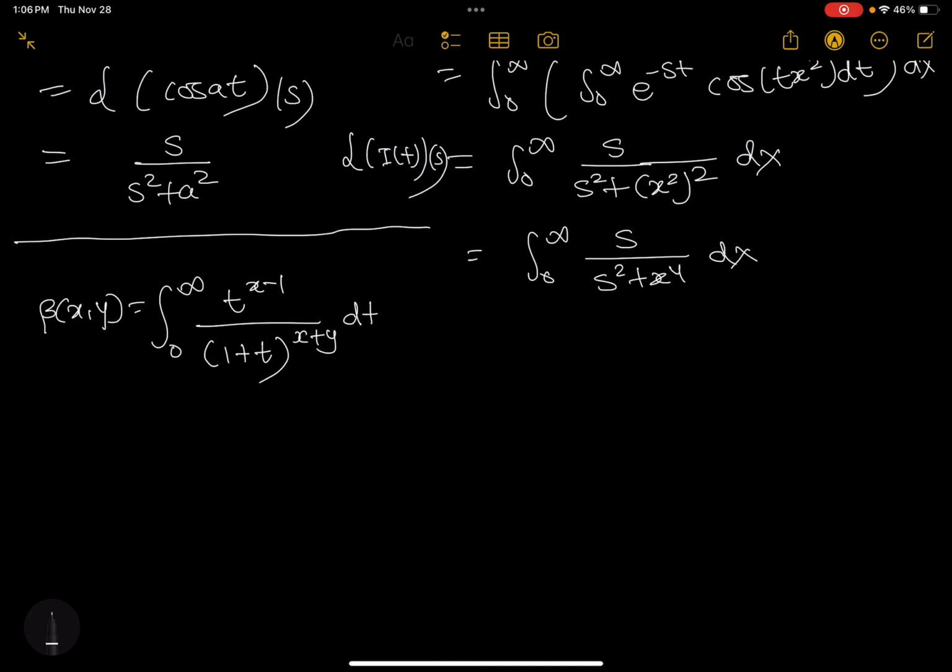You can use this definition of the beta function to solve this. So I just need to make this as 1 and this as just a t, and this will be solved. Also let me tell you that beta of x, y is defined as gamma x gamma y by gamma of x plus y.